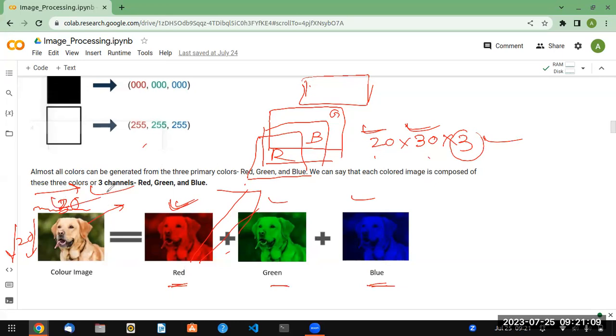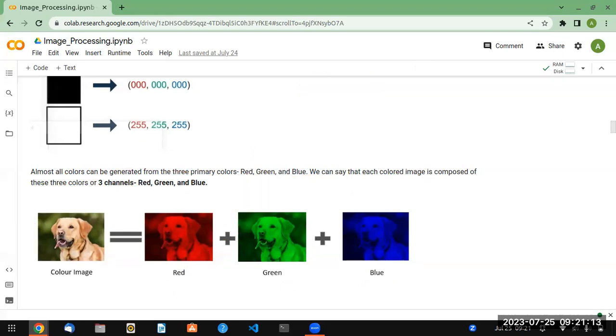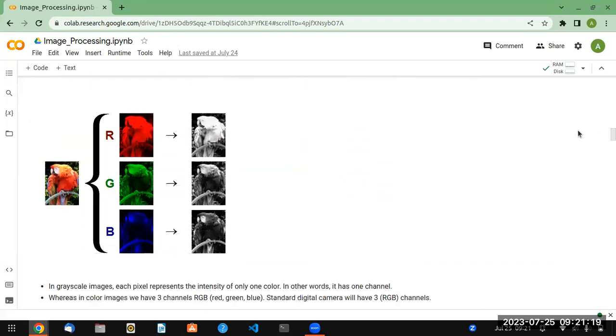That's why it is called three channel: red, green, blue. Okay, now let's see other types of models we have. Model in the sense of color model. Now this is also one example of this parrot picture, and if you convert it to their respective RGB components, so here